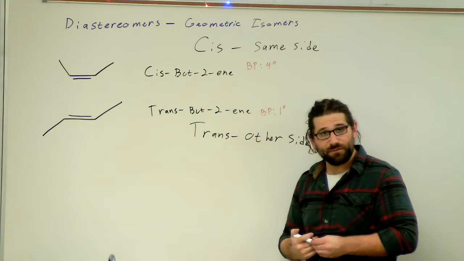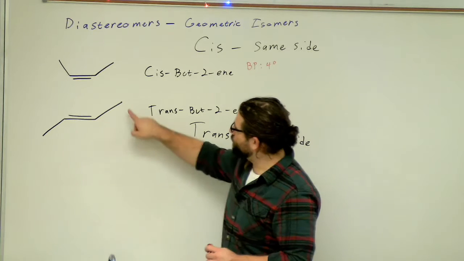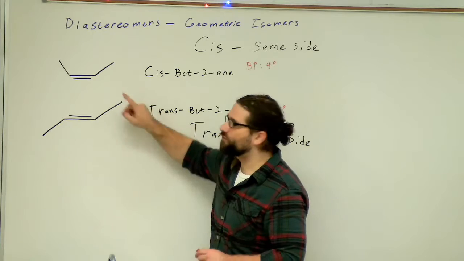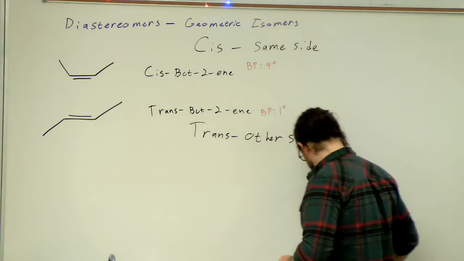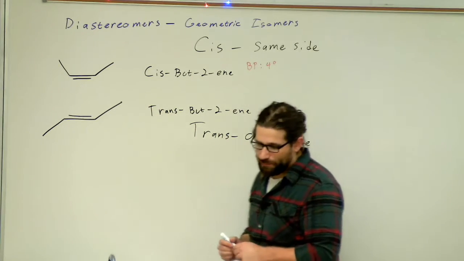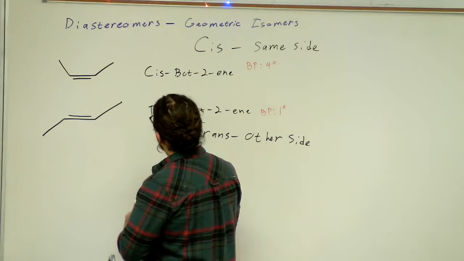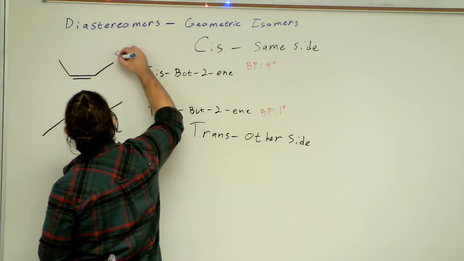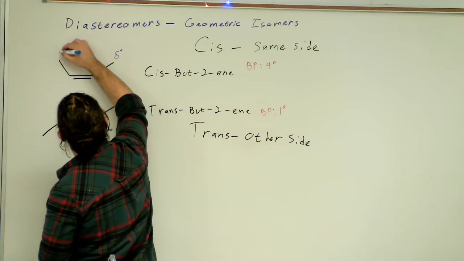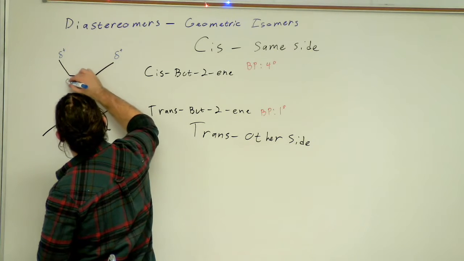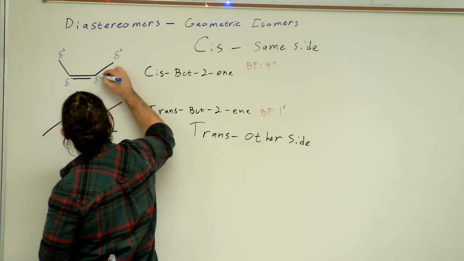The reason for this is that these methyl groups draw electrons very weakly, and so they actually have a slight positive charge. So if I look at this, I have a slight polarity here, just enough